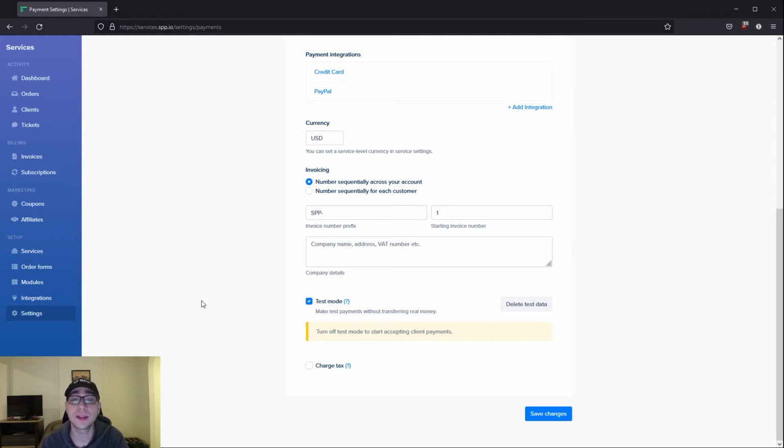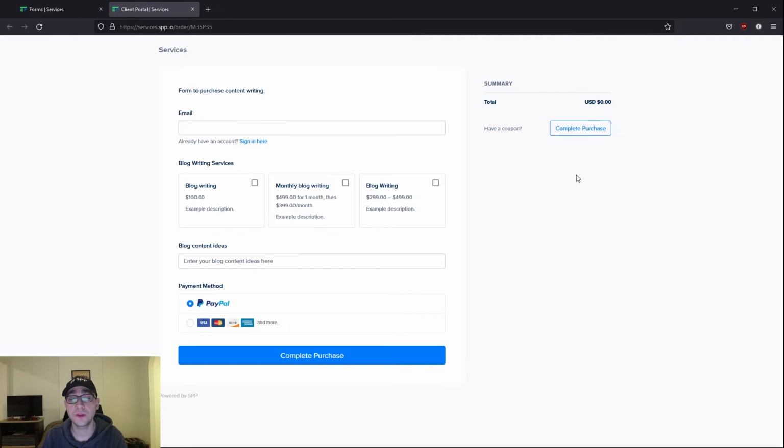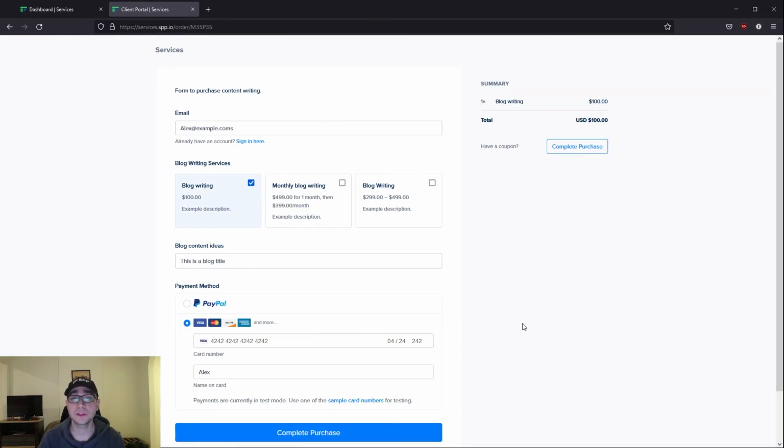Now that we're ready, we can head over into our order forms here on the left, and then click on the three dots on the far right for the form that we would like to test, then click on View. This will open a new tab with your order form where you can place an order just like your customer would. Select the service that you'd like to test and fill in all the fields, then fill in the payment